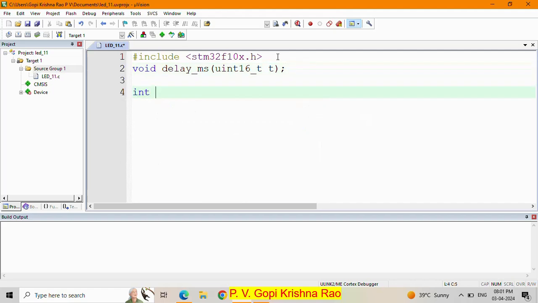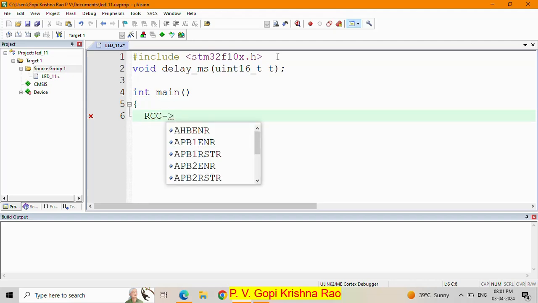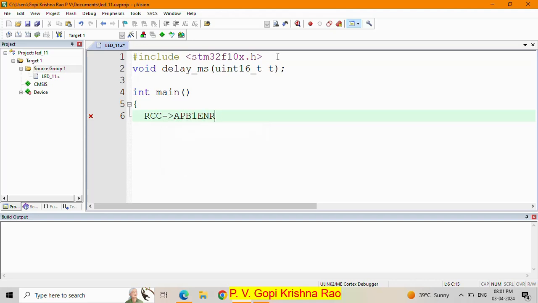We will enter into the main body of the program. The first step is turning on all the ports. So RCC APB2ENR, 0xFC. The next one is defining